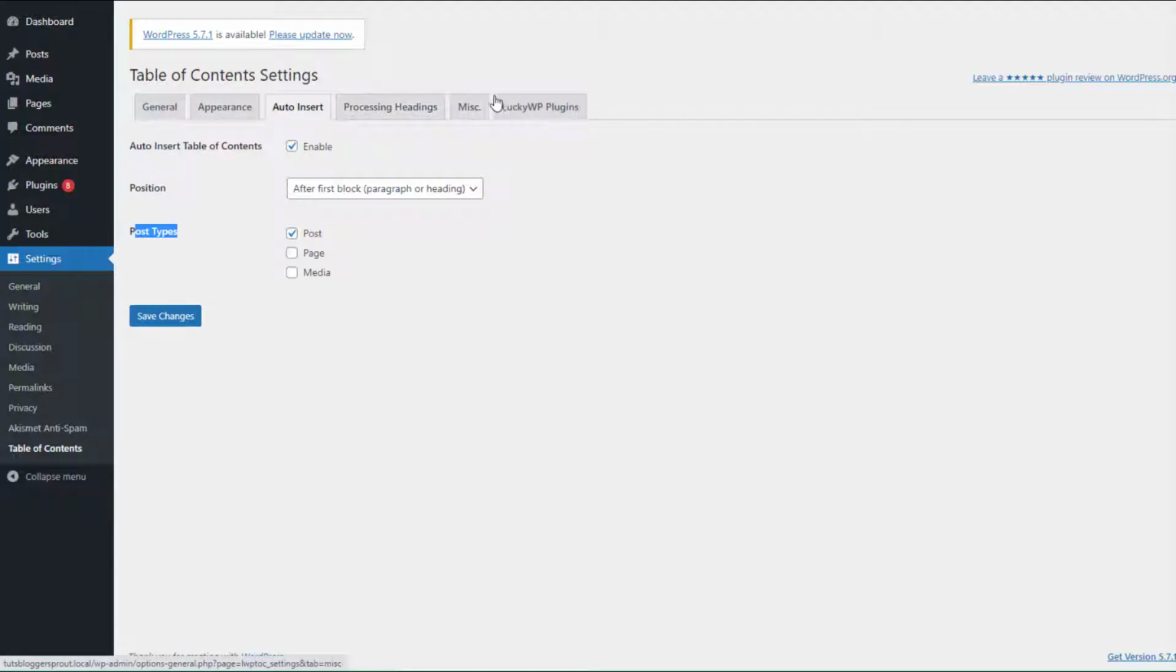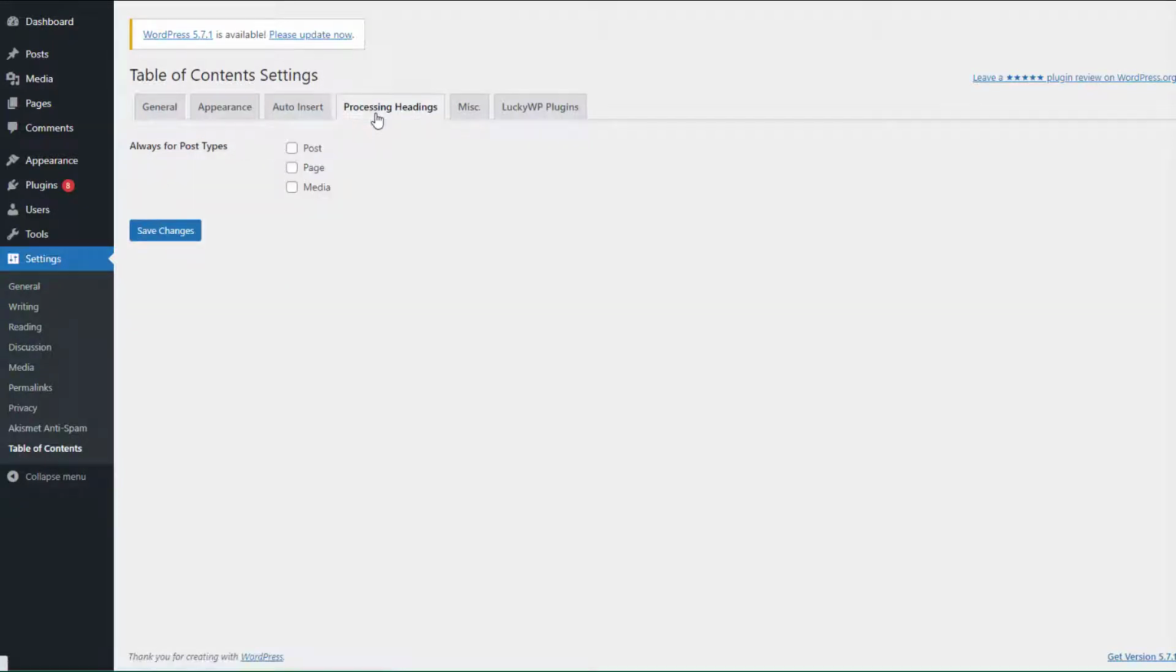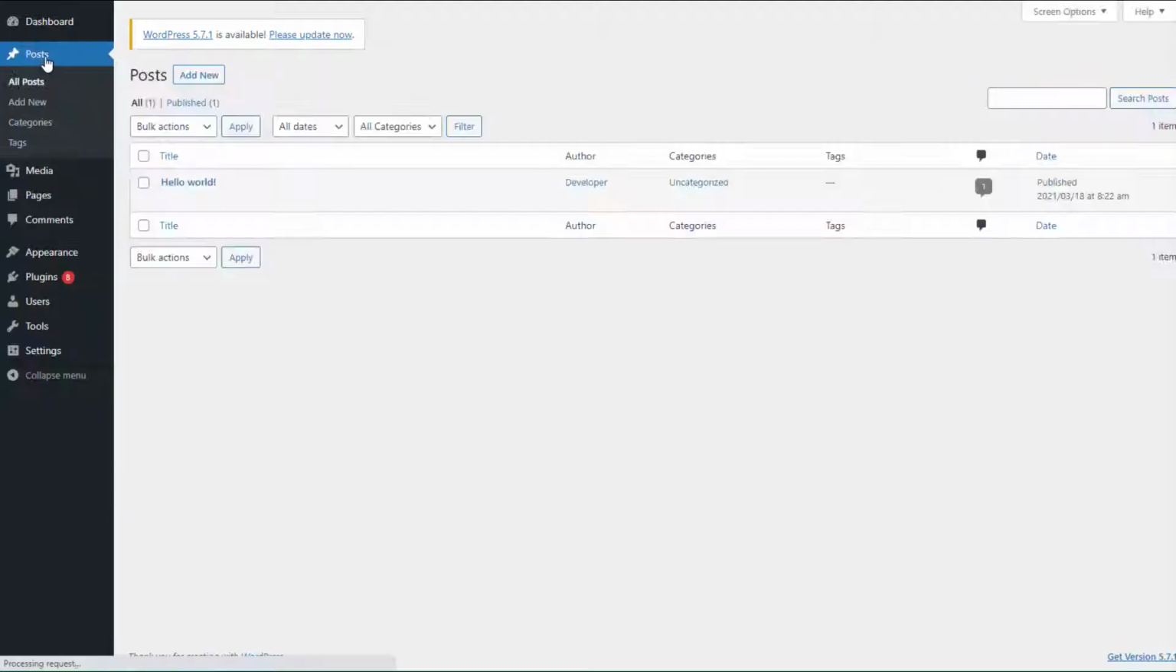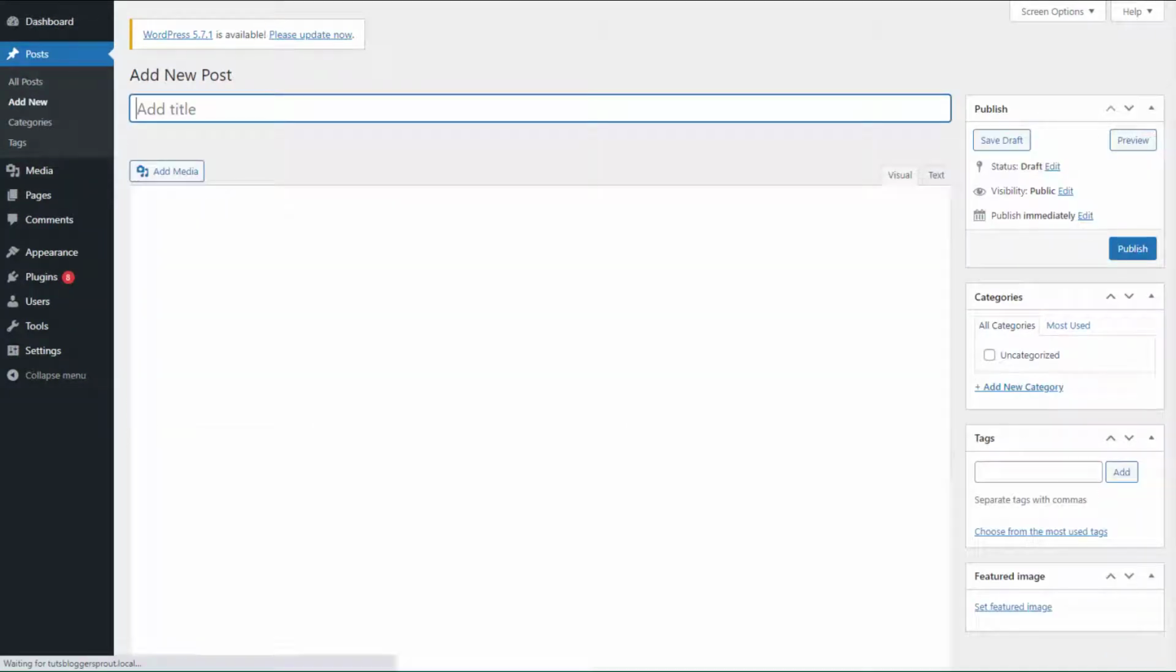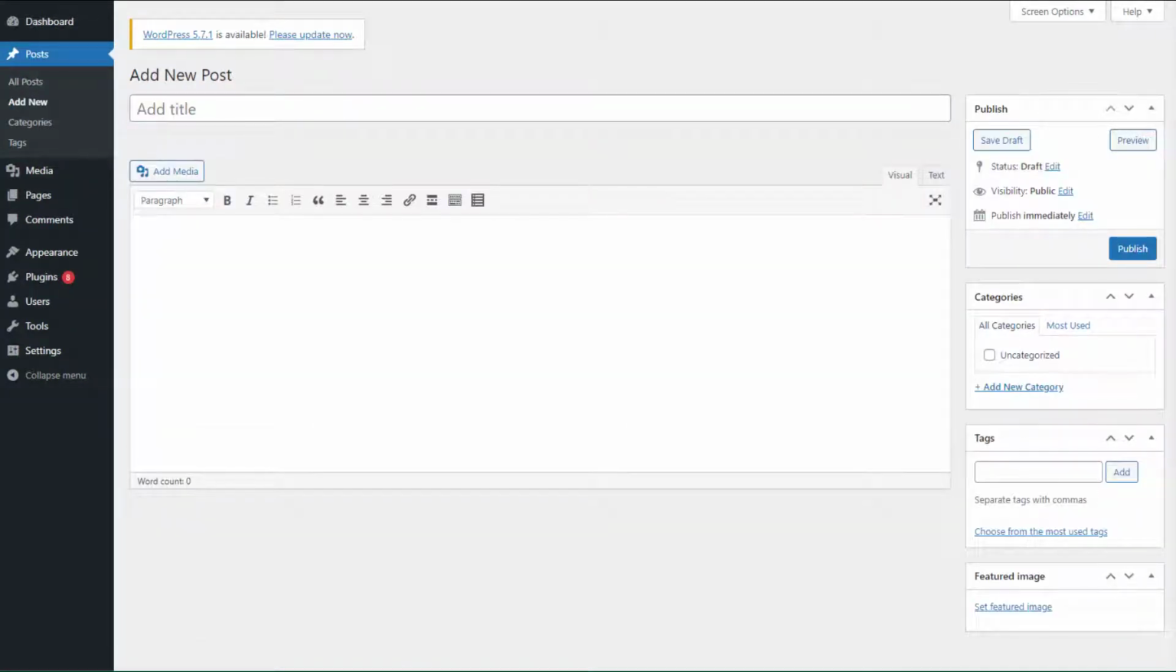And after all this, there are things like processing headings and other things like always for post and pages. I don't think these are mostly useful, but you can go and play around. It depends upon your need, what you want. So let's go to the post, and here you can see we have a hello world. Okay, let's click on add new, and I will just copy one of my posts here and